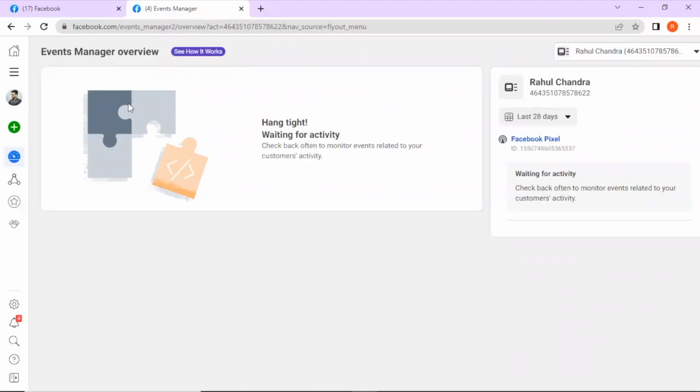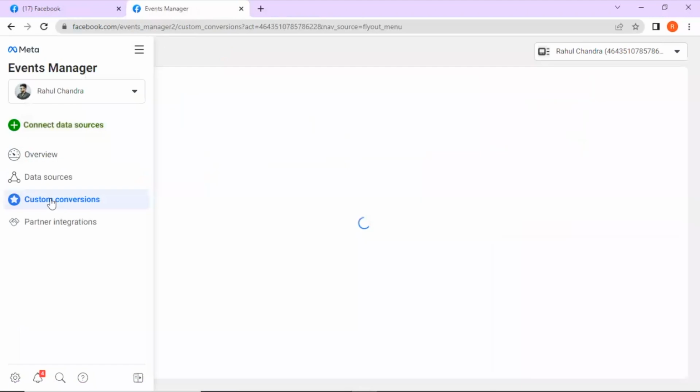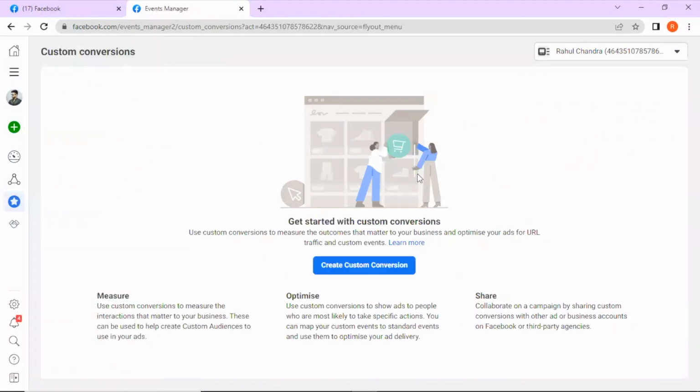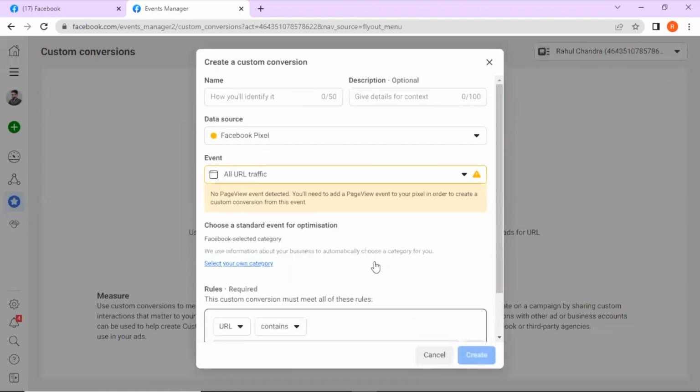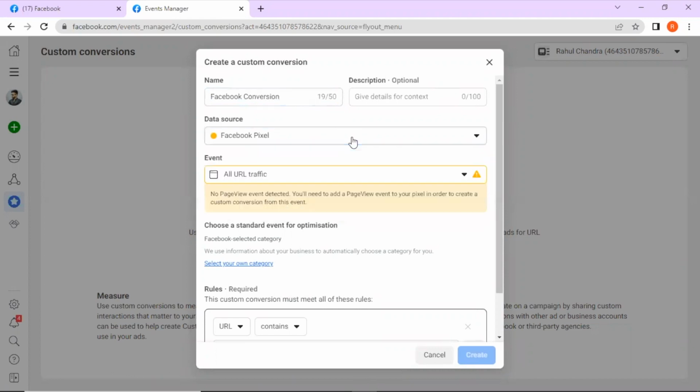In Events Manager, click on Custom Conversions. Then click on Create Custom Conversion. Here, name your custom conversion. The data source will be Facebook pixel,